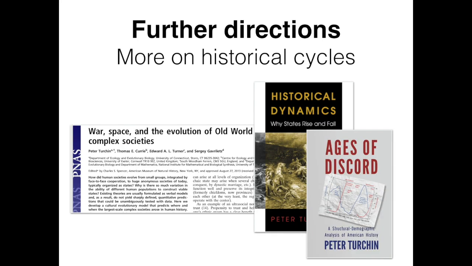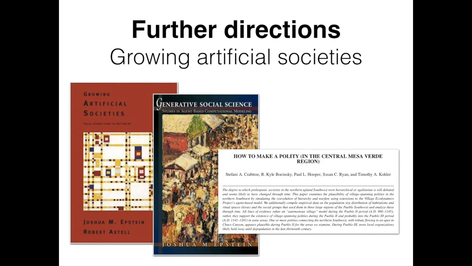All right, more on historical cycles. Turchin and colleagues have continued to develop theories of historical dynamics, adding factors including environmental factors like oceans and mountains, technological innovation, and conflict among elites, to refine the theory and better fit it with historical data. Models have often also inspired more focused collection of historical and archaeological data, which is also pretty exciting, with an aim to better parameterize dynamic models.